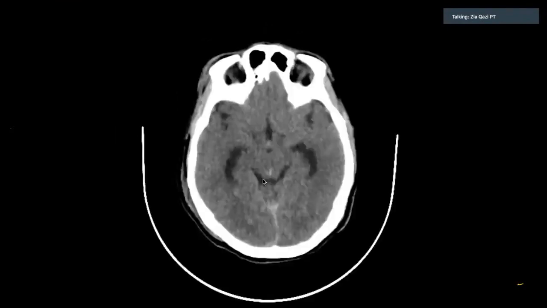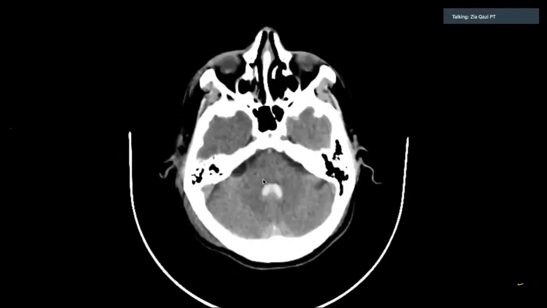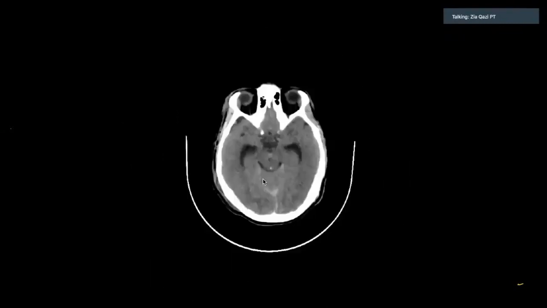and that hyperdensity can be suggestive of subarachnoid hemorrhage. That hemorrhage also is extending into the ventricle. So what you report is hyperdensity seen in the posterior aspects over the cerebellum or posterior aspects of the brain, and the temporoparietal regions, whether it is more right or left. So suggestive of, because you know it is going into the brain tissue, subarachnoid hemorrhage, and together with intraventricular extension of the bleed.